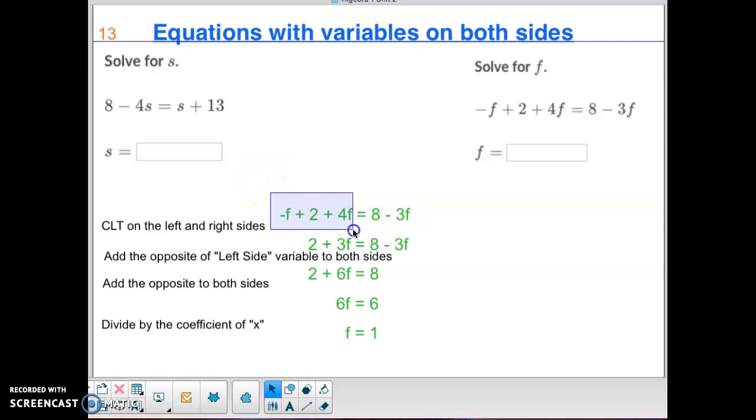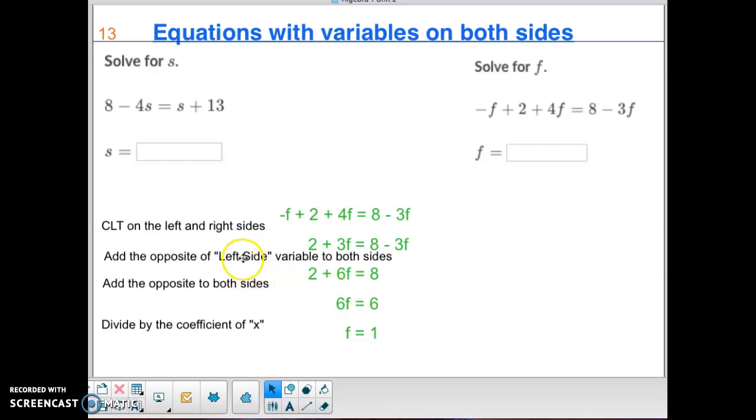Negative f and positive 4f makes positive 3f right here. Once we're in that spot, we add the opposite. So we take the variable on the right, the negative 3f, and add the opposite. So we're going to add 3f to both sides. 3f plus 3f is 6f. So,